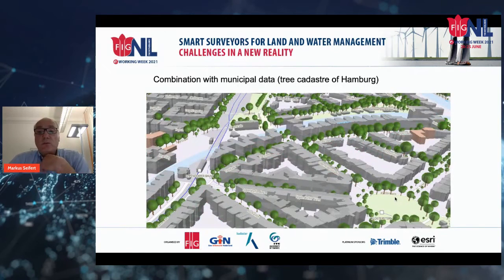Another application was in the city of Hamburg, where we tried to integrate a tree cadastre with our data. Here you see all the trees in Hamburg combined with our data, and this was also a nice application which you can use for a lot of things in spatial planning or environmental issues, where you can easily get some information about the trees and maybe also shading issues and so